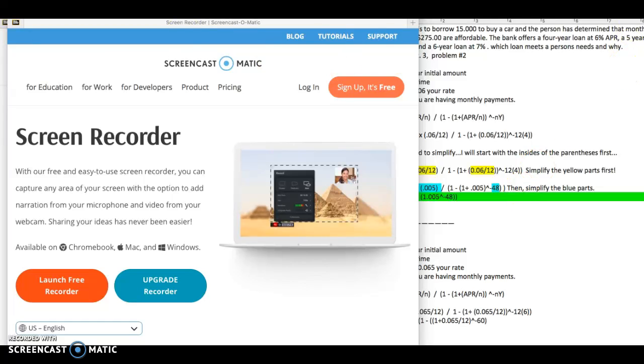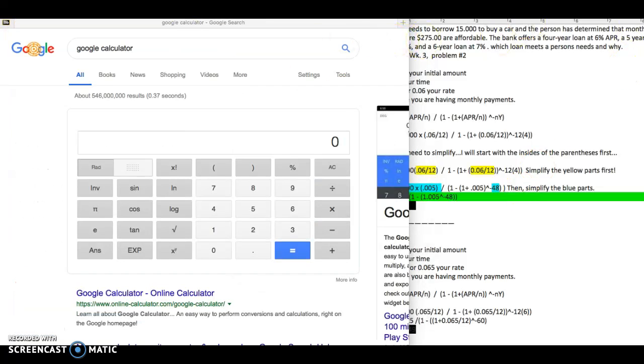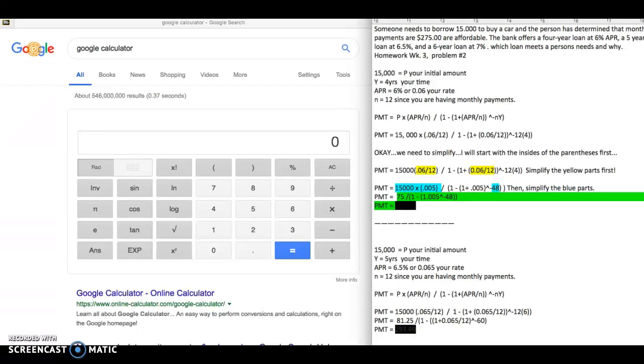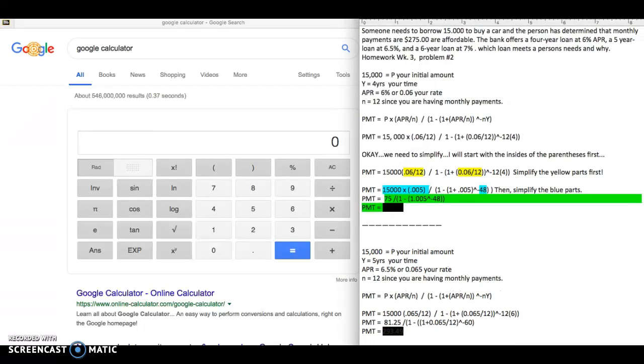Hello, we are going to take a look at a problem having to do with APR. And sometimes APR is a little bit tricky just because of the yucky formula that you have to use. If you take a look at the formula here, a monthly payment on a loan with a percentage is this